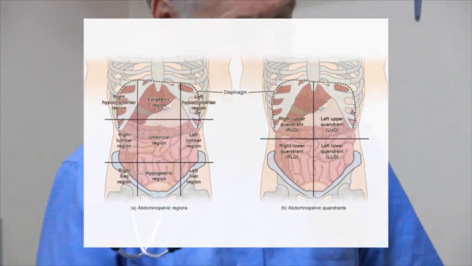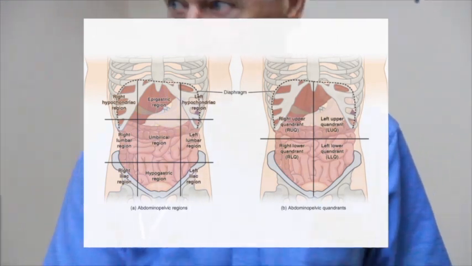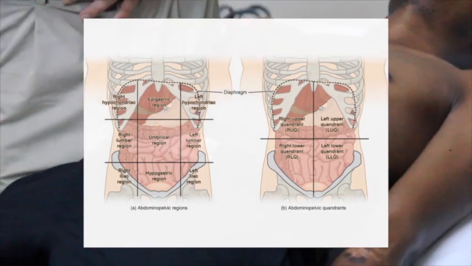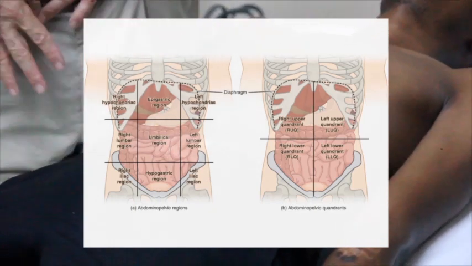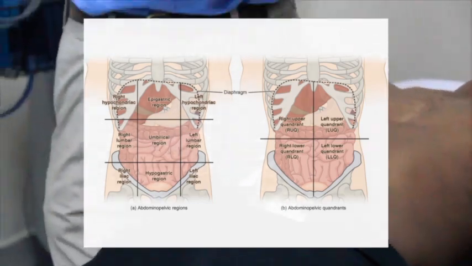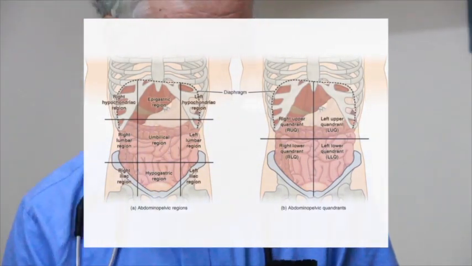And that divides us up into 9 areas. The upper ones, this is hypochondrium, a right and left hypochondrium, and epigastrium in the middle. And then you've got a right and left lumbar area. And then you've got a right and left iliac fossa and a hypogastrium below it. So these are the 9 divisional areas of the abdomen that the students have to remember. The importance is when it comes to anatomical description.